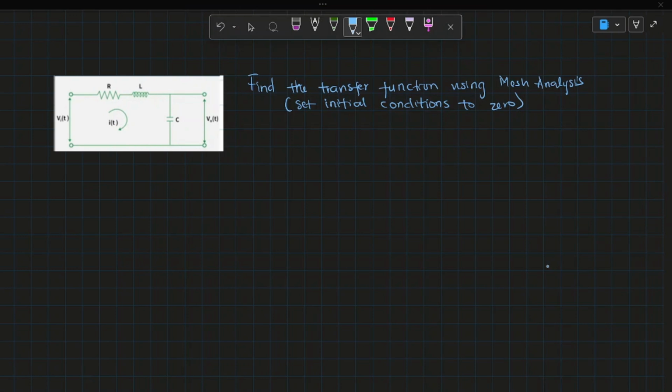Hi guys, so we're going to be solving this question. This question is slightly different because the voltage output is across the capacitor, which means the calculation was slightly changed. So using KVL, you can see at this point